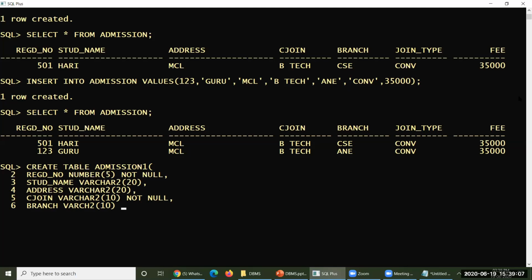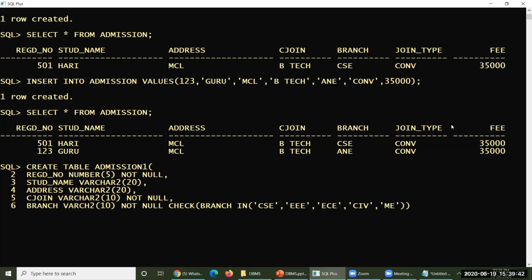Now it must be not null, and you must also specify that only CSE, ECE, EEE, mechanical and civil are allowed, something like that. For doing that, check whether branch in. Okay, in. So what are the courses you have? First one is CSE, second one is EEE, third one is ECE, fourth one is civil, fifth one is mechanical engineering.